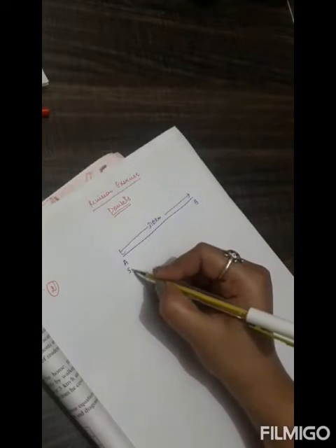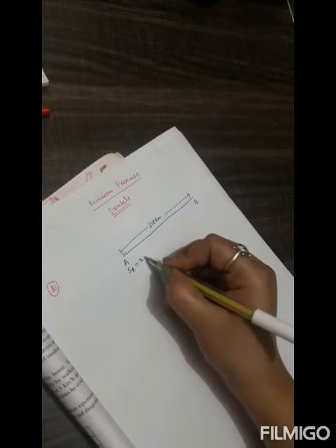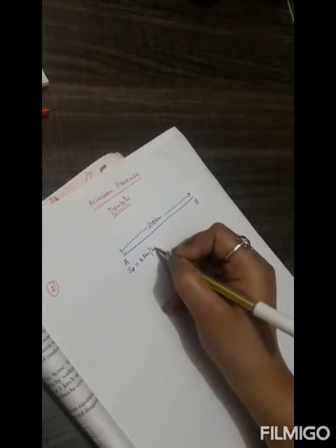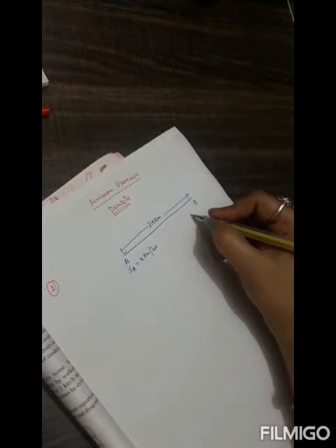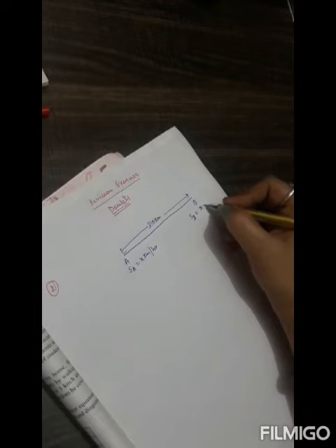Let's see what relation of speed is given. The speed of one motorcyclist is less than the other by 10. Let's say the speed of the motorcyclist starting from A is x kilometer per hour. Then according to the question, the speed of the one starting from B would be x minus 10